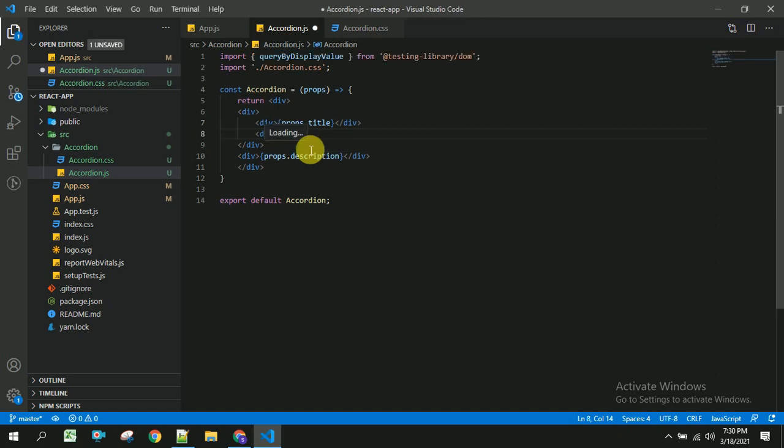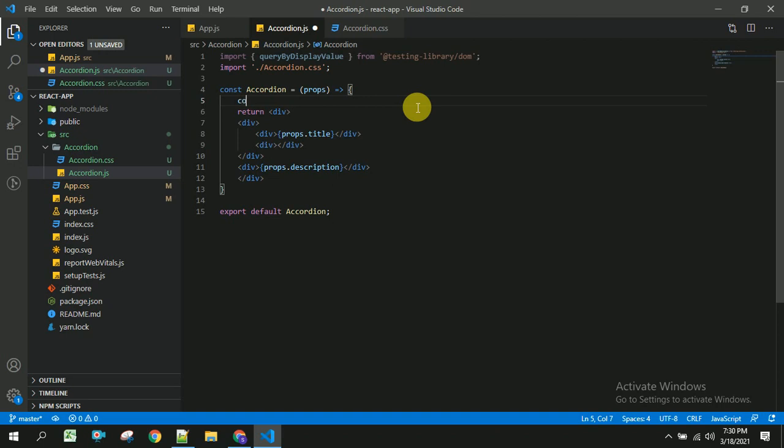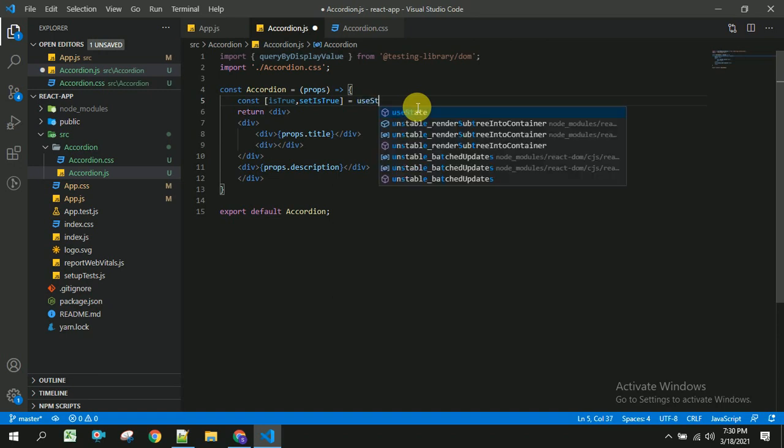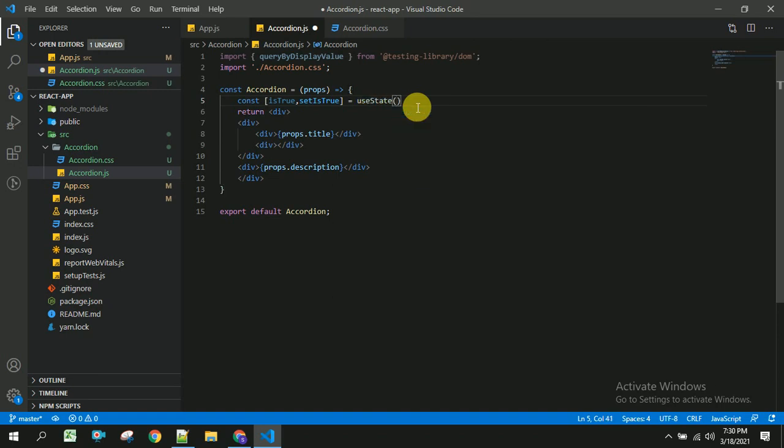So to show that plus or minus, we have to place some condition. So for this, I am going to create some local variable isTrue and setIsTrue by using useState.